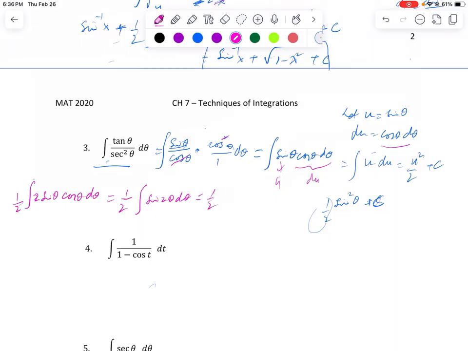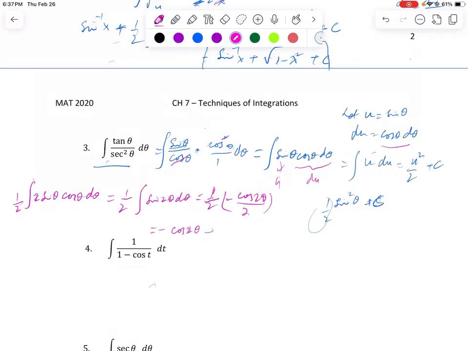So sine 2 theta will have its antiderivative negative cosine 2 theta over 2. Why over 2? Because of this 2 theta in the argument of cosine. So which is going to be negative cosine 2 theta